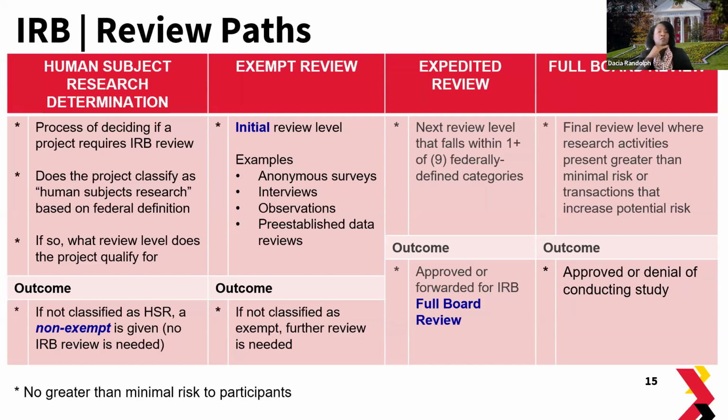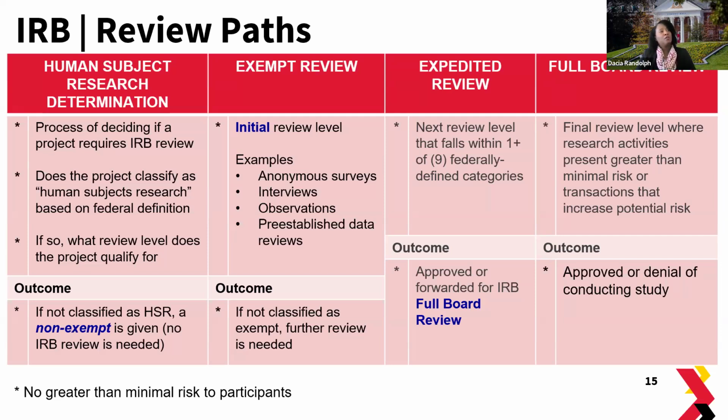All right, so the three levels that we are definitely accustomed to seeing include the exempt review, expedited review, and full board review. I know on one of the application forms, it asks you to make the selection in terms of what type of review you think this is. I don't know why, and the IRB office has actually confirmed that they don't know why that is even listed there, because they make that determination based upon the criteria you provide, which level of review is needed, not necessarily us as researchers.